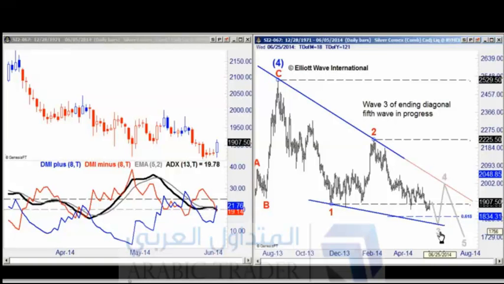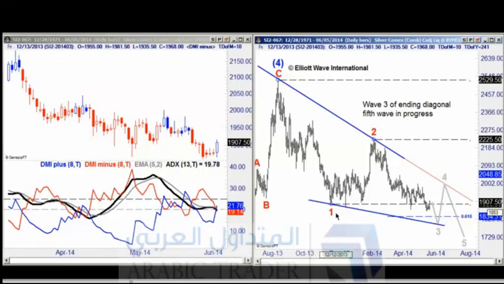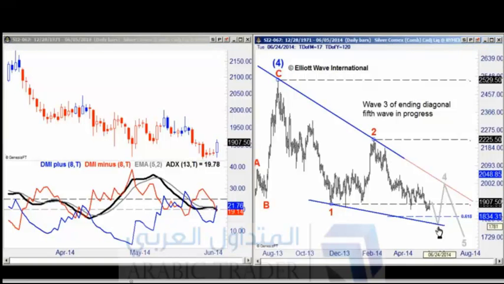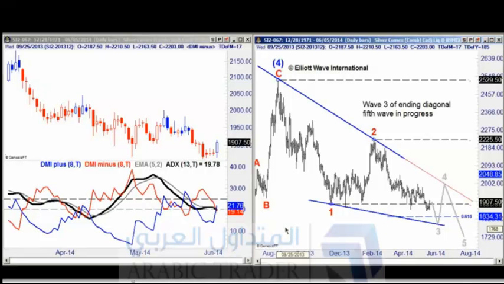I'm thinking that silver should exceed at least a Fibonacci 618 of the length of wave 1 as it moves to the downside, and so I'm looking to at least 1834 and potentially a little bit lower before we see a wave 4 rebound,